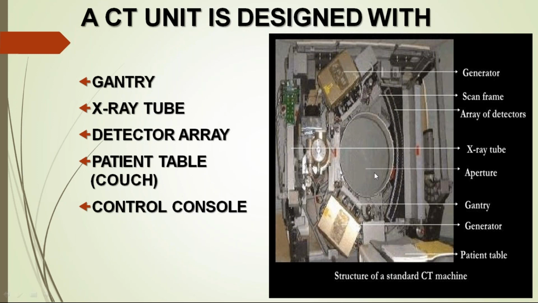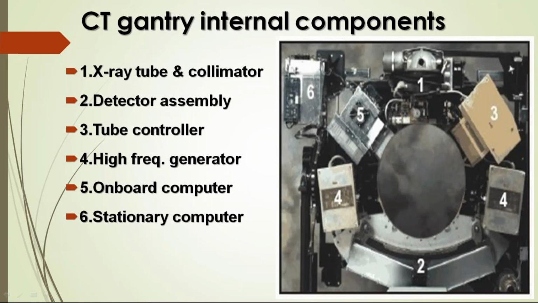And then this is the aperture. Normally the patient table or couch will go through this. Okay, and this is the gantry, and then you can see a generator, power generator here, and this is the patient table. This is the standard CT machine structure normally, and I will show you complete details of all the parts of the CT gantry separately. And in the CT gantry,